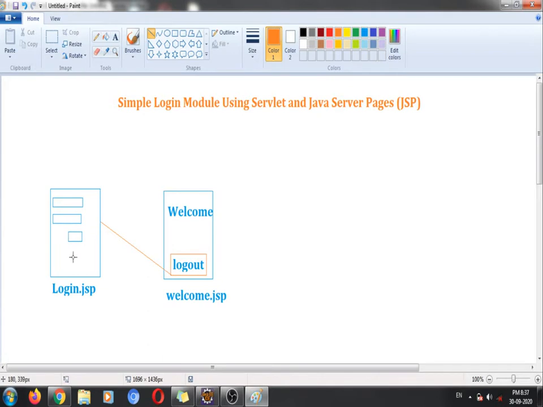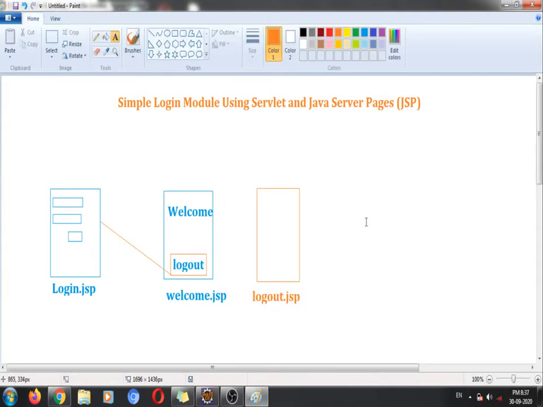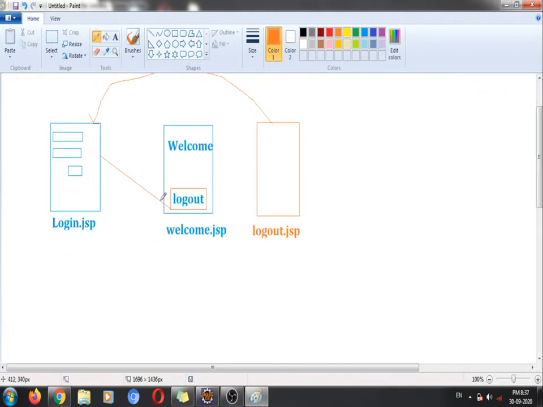Okay, so to implement this concept, we need to create one login page, one welcome page, and another one, a simple logout.jsp file, which is going to redirect to our login.jsp file. Okay, fine.